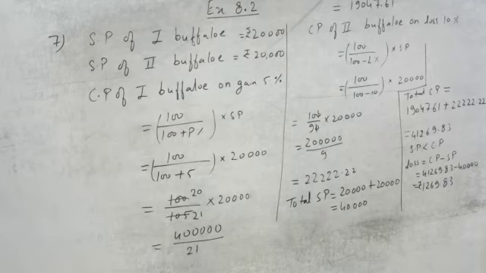So this is our answer, because we have to find only the loss. So this is the answer number 7. Here we have to remember, if the selling price is given, we have to find the cost price. After that, we just put the value in the formula and simplify, and find the cost price of both buffaloes. Then after that we find whether there is a gain or loss. So first we add both the selling prices and both the cost prices. Then only can we tell whether overall we have a gain or a loss.